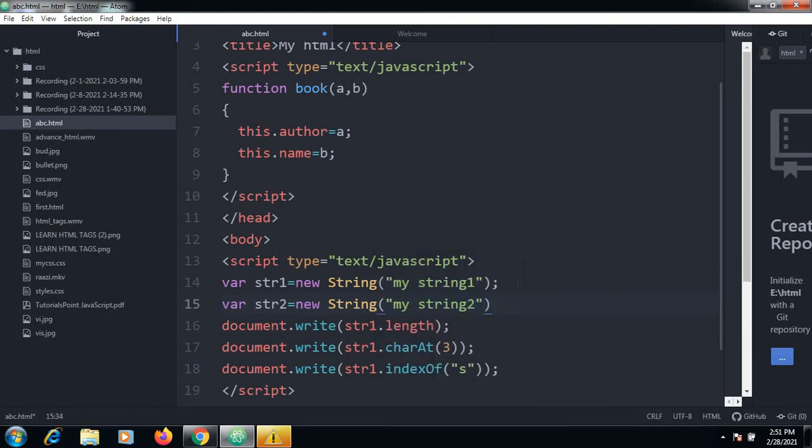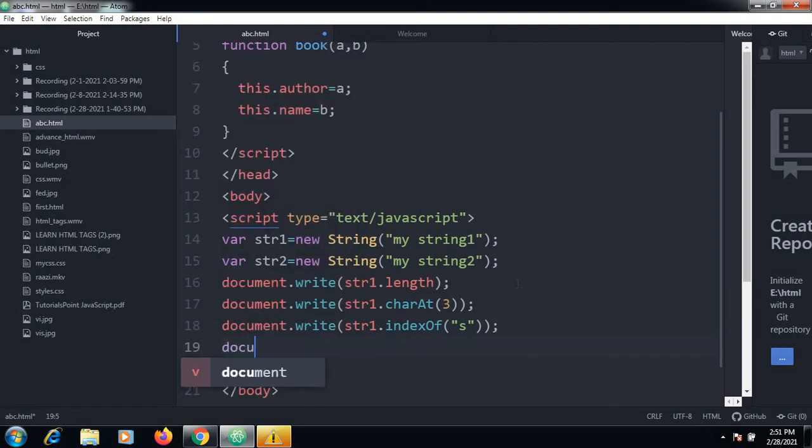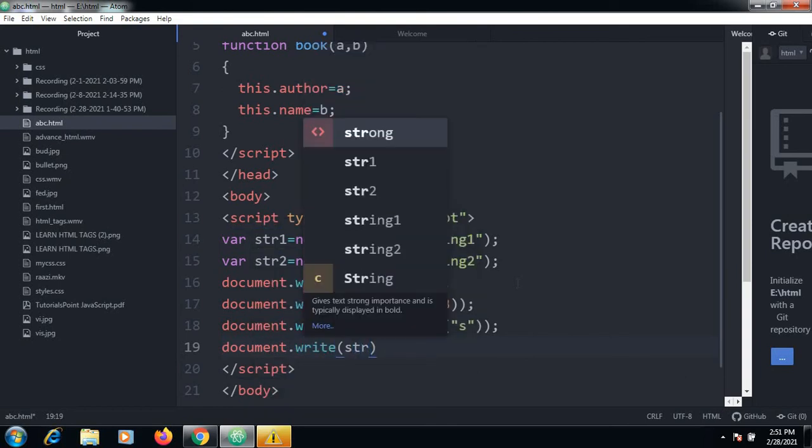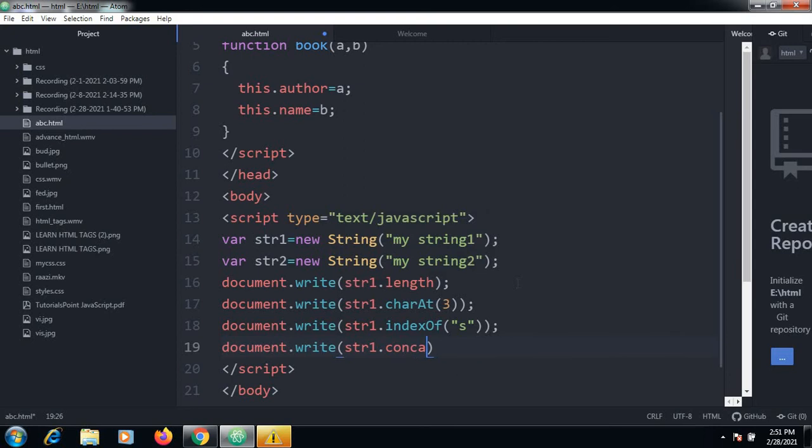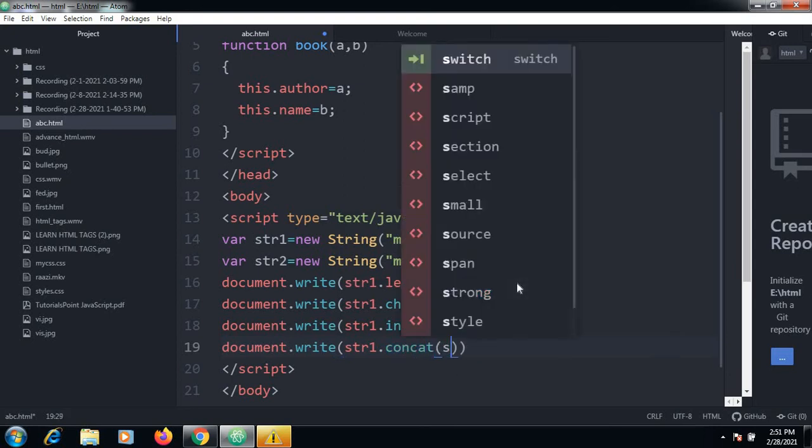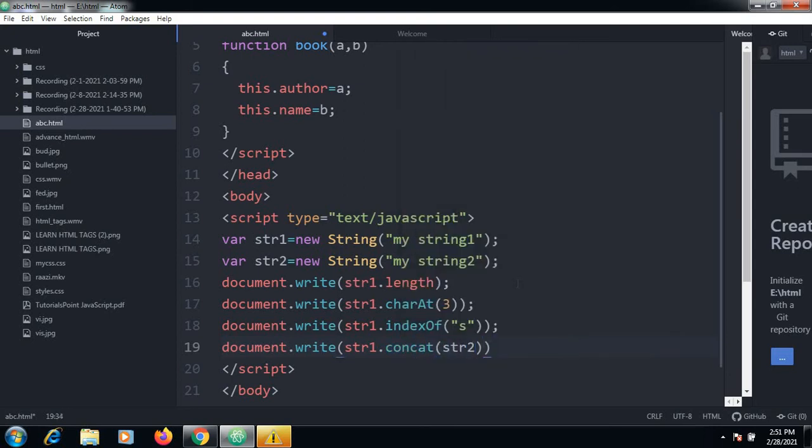So you want to concatenate these two strings. How to do this? document dot write str1 concat str2. Here the two strings are concatenated.